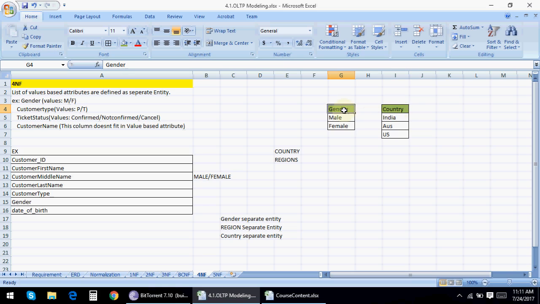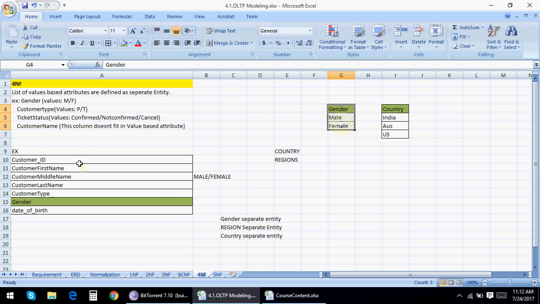Gender list is predefined. So all those columns which have a list of predefined values will go under a new table. That's what fourth normal form states. So we will be removing gender from this particular table and separating it into a different table.